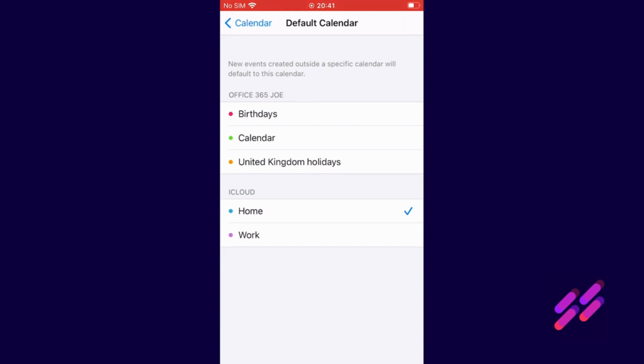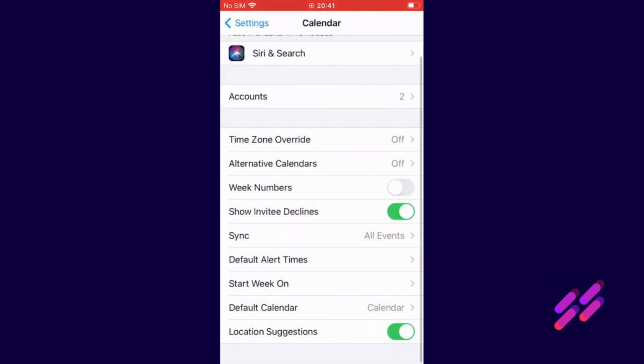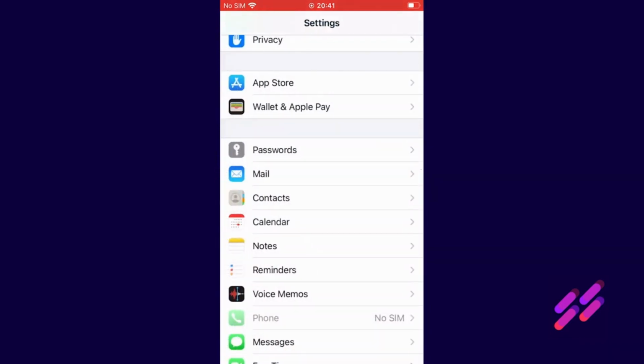You'll see on your own when you do this, you'll get a similar format. Usually you get the birthdays calendar and the national holidays calendar as part of Office 365. You just need to be choosing the one that just says calendar. So we'll tap that and then we'll come out of that menu, and that is it. We're set up. So if we now go to our home page